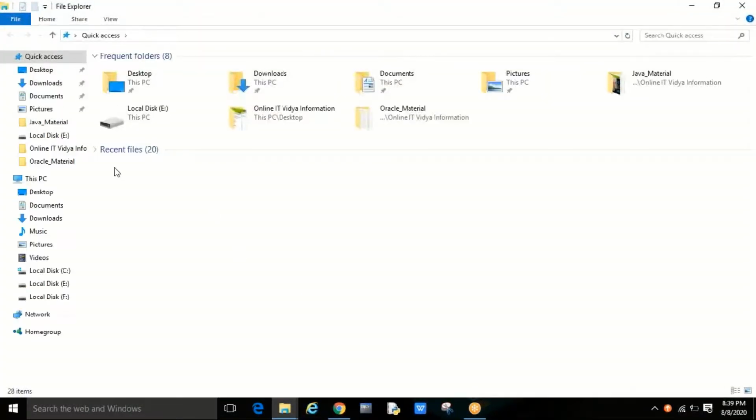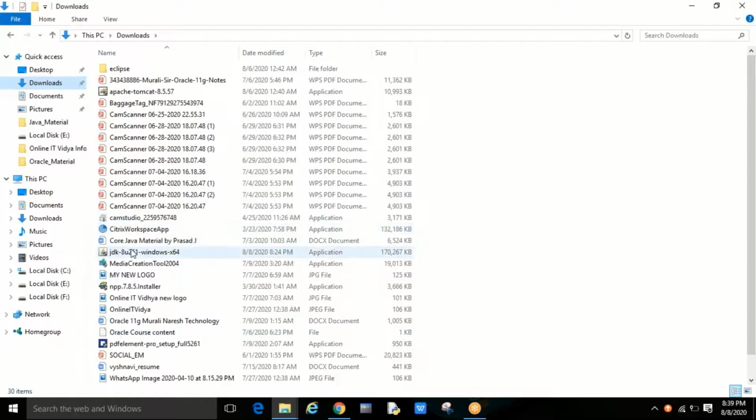Open my download folders. Search Java. Okay, this is the icon, right? I downloaded it. I think everyone has this icon, guys.